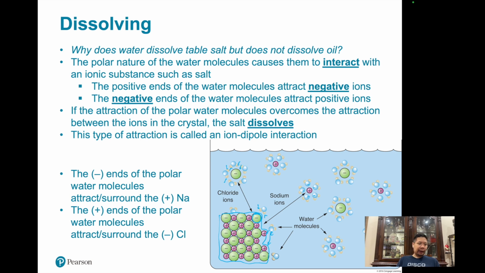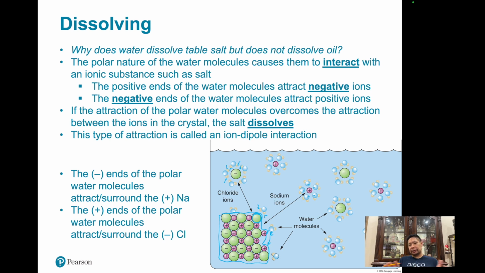anion. And cation is always positive, and so the negative side of the water, which is the oxygen side of the water, where the lone pairs are, will surround itself around the positive metal, or the positive cation. And then vice versa happens with the other side of the water molecule, where the positive side of the water molecule, which is the hydrogen side, will surround itself around the negative anion, which is the chloride,